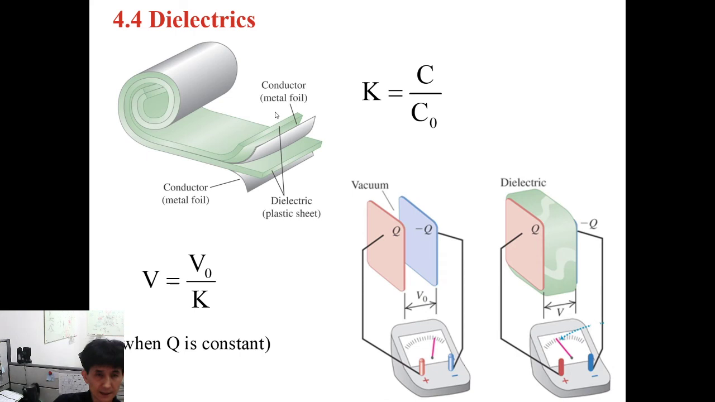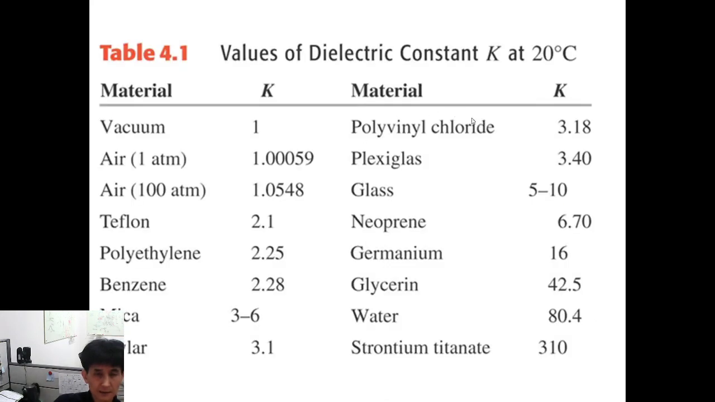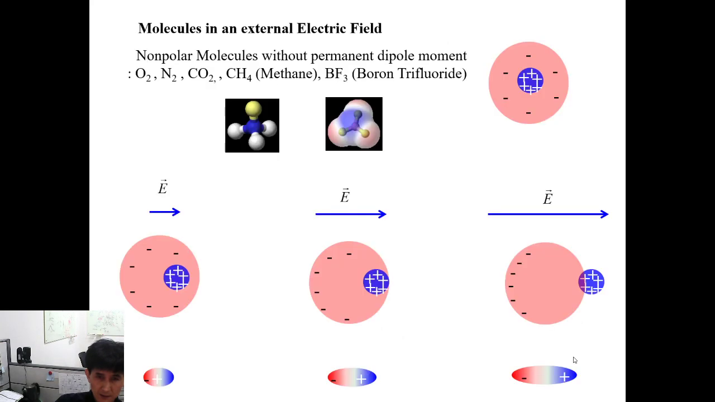Normally we put in a dielectric medium, and there are several dielectric media whose relative dielectric constants are given like this. For strontium titanate, we have a K value of 300. So for water, by putting in water, we can increase the capacitance by 80 times, or with this material we can increase the capacitance by 310 times. And the reason why we have a larger